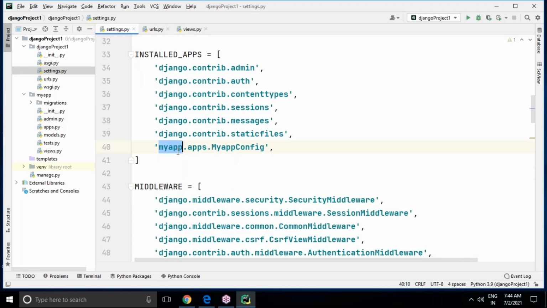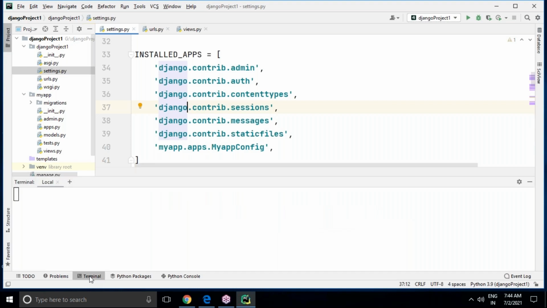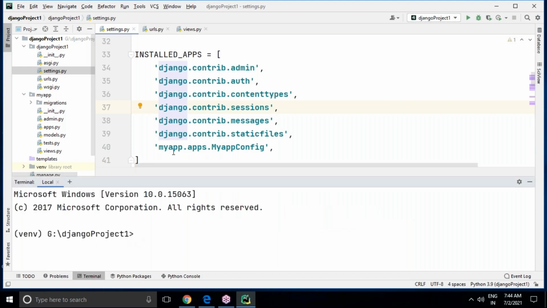You need to manually add your application to the installed apps of settings.py when you start creating a new project through the terminal window. Then we have to add the application name manually. It will not be added by default. But through the Django steps I followed, my app creation, Django project and all, once you start your application with views and anything, this file will be automatically configured under installed apps.